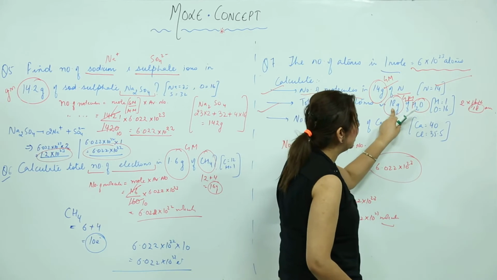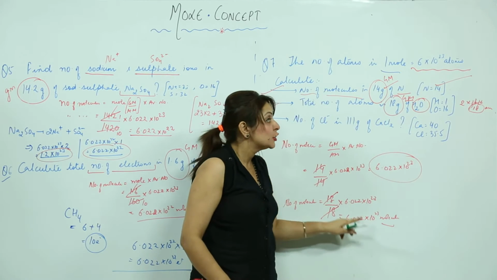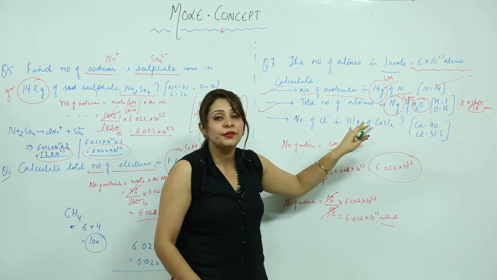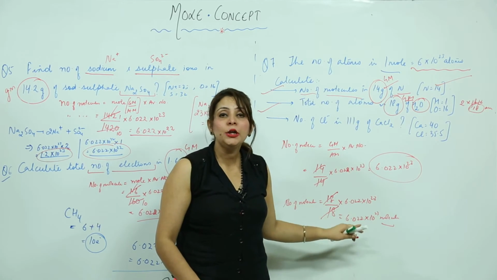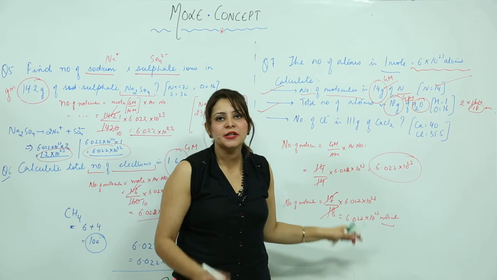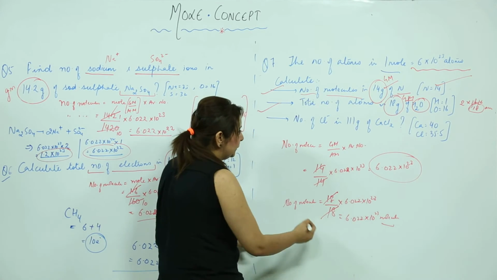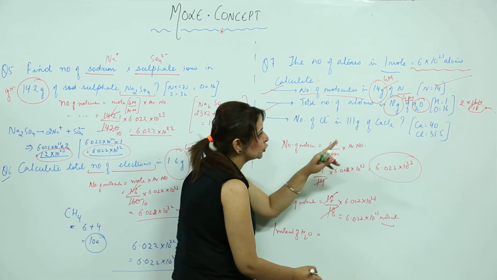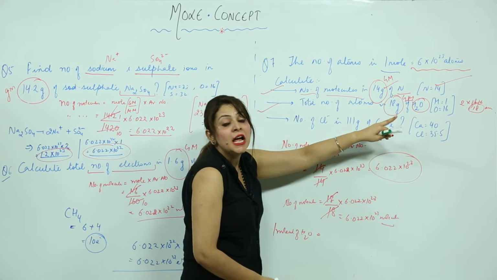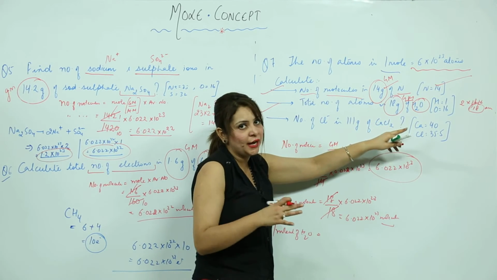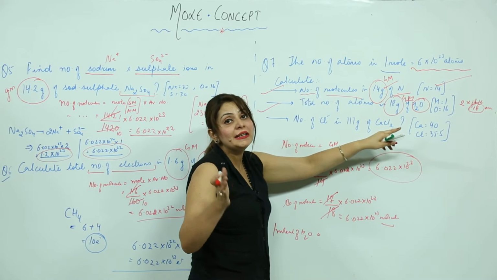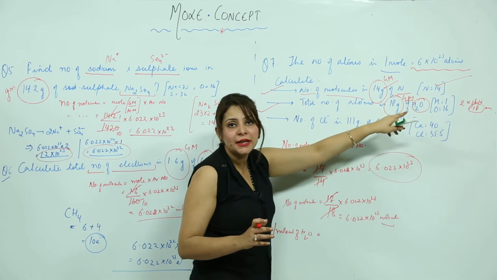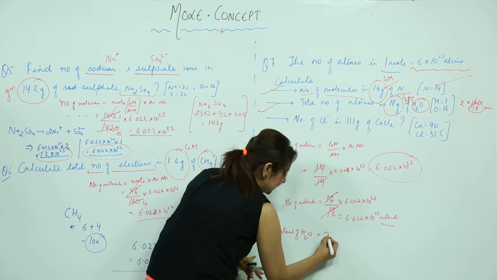So that means this much mass contains how many molecules? This many molecules. Because we need to find the total number of atoms present in this much, we have calculated the molecules. Now we will look at how many atoms one molecule contains, and then accordingly we will multiply. So one molecule of H2O contains how many atoms? 2 atoms of hydrogen and 1 of oxygen, right? And nobody is asking you about separate H atoms or separate O atoms. You need to answer only the total number of atoms, whether it is H or O. So total how many atoms are there in H2O? 3. So I am just writing 3.